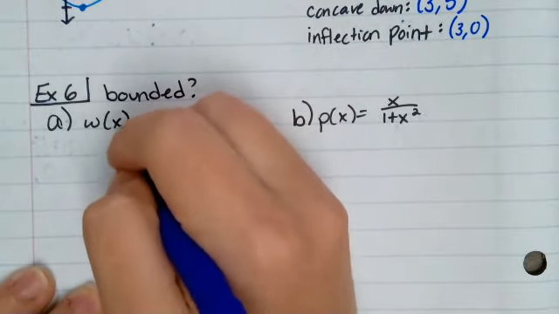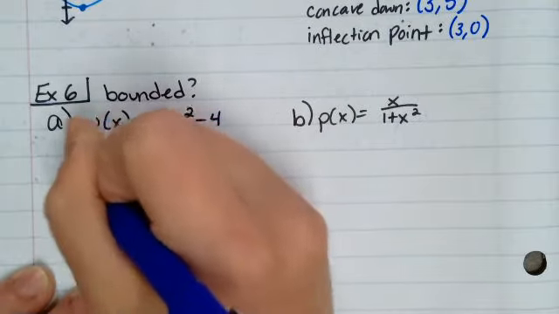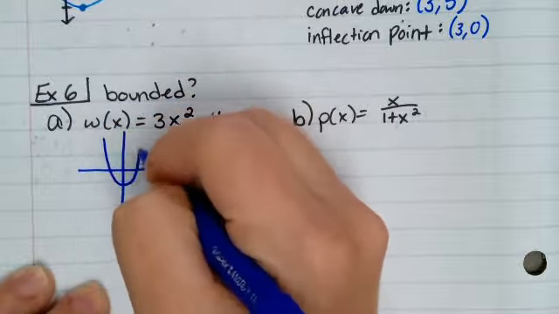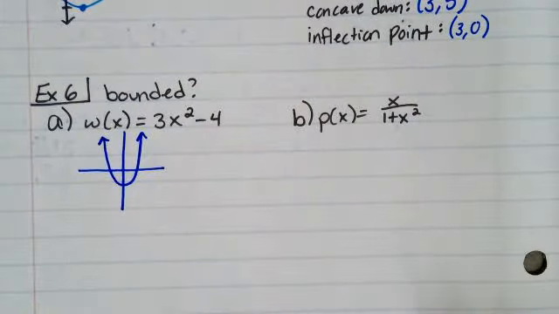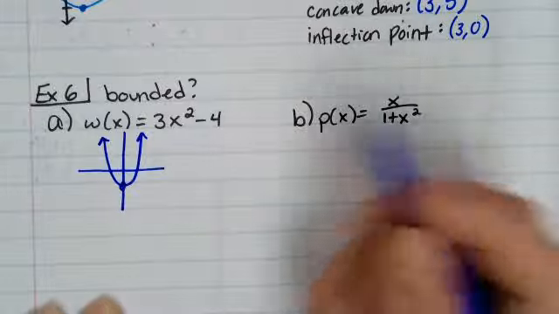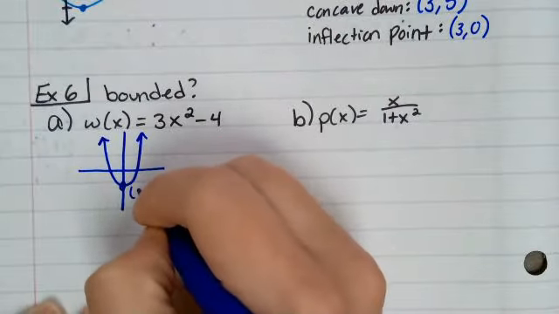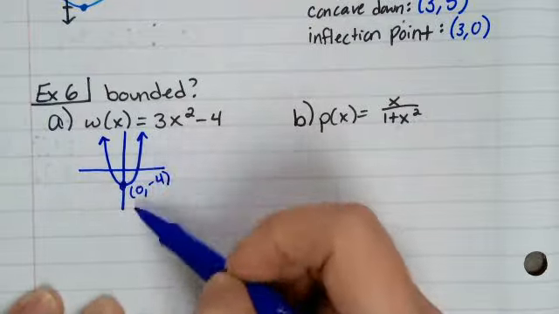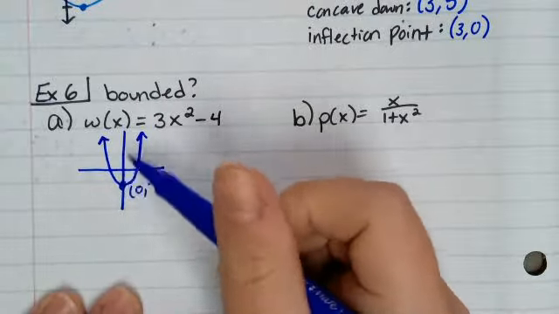All right. This guy's going to look a bit like a parabola because it is a parabola. Now, there is a section where it comes below the x-axis, so I want to make sure we're seeing that. And that point where it is that turning point, that lowest point here, this is the point (0, -4). So what I want us to see here is the fact that this really was bounded